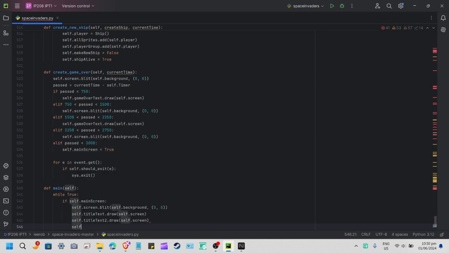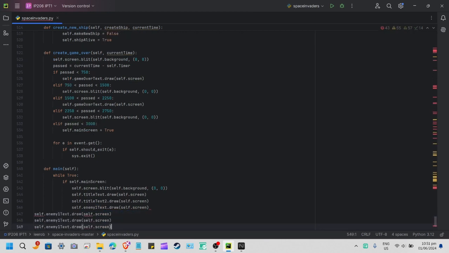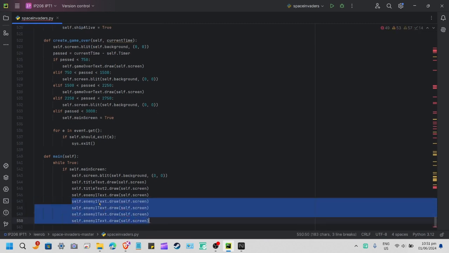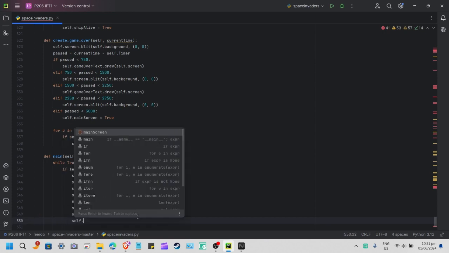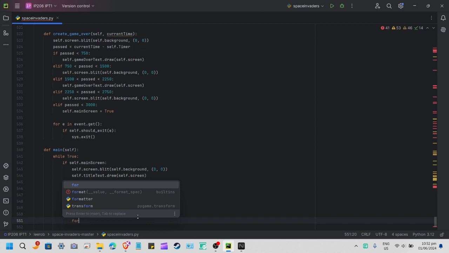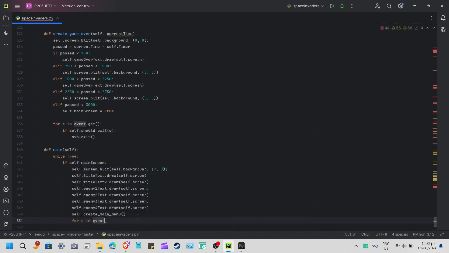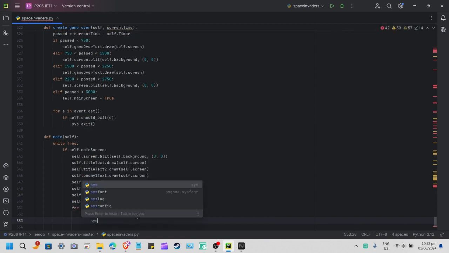We also have self enemy 1 text draw on self screen. Then let's just simply copy it and do it for 3 more times. So we have 2, 3, 4. And for the final part, we'll just create self create main menu. And then we'll create a for loop, which is e in event get, no, not get, which has an if condition of self should exit e, which equates to system exiting,